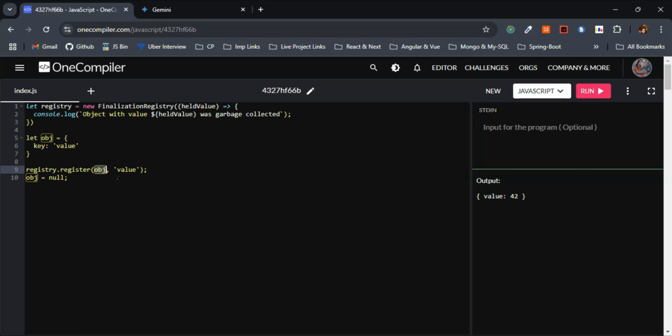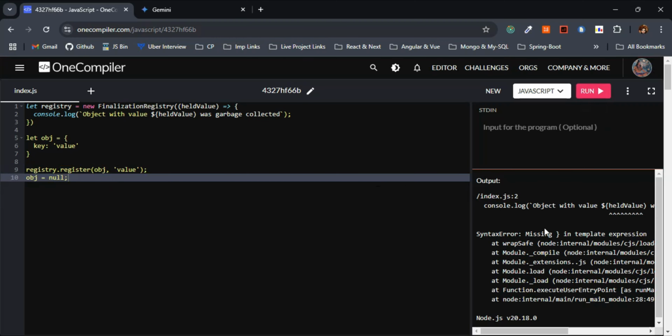So this is how we make use of the FinalizationRegistry, right? This FinalizationRegistry of the callback held value runs the callback when an object is collected, and this is simple. Register of obj and value, what we have given here, basically registers the object with the value for cleanup. So when I try running the code,